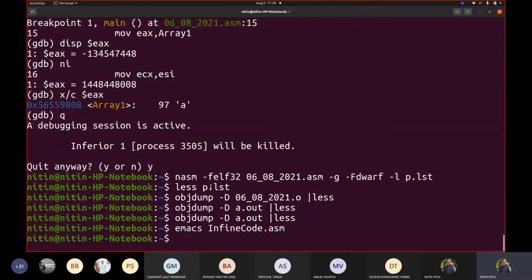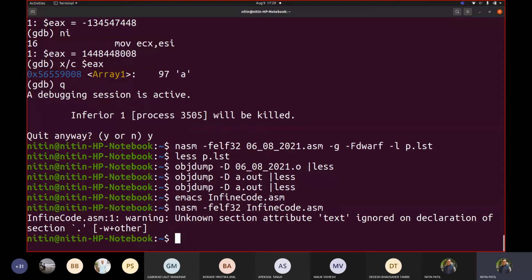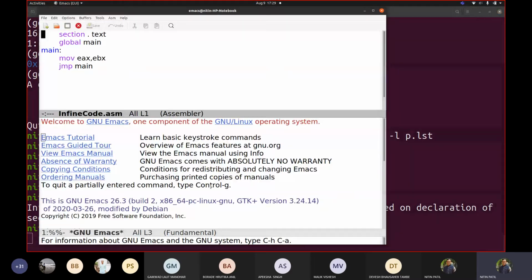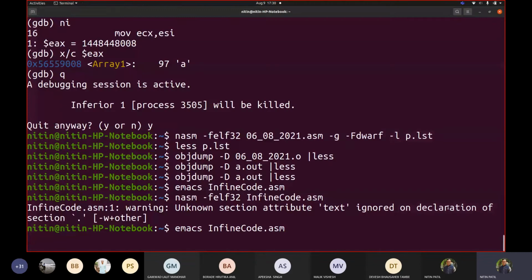Okay, so let me try to assemble this with nasm -f elf32 infinite_code.asm. Sorry, I forgot to write section .text.